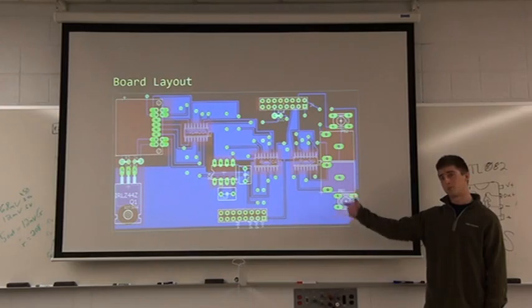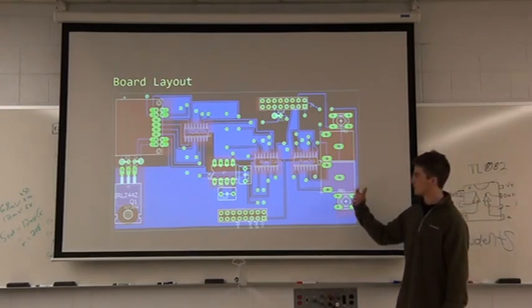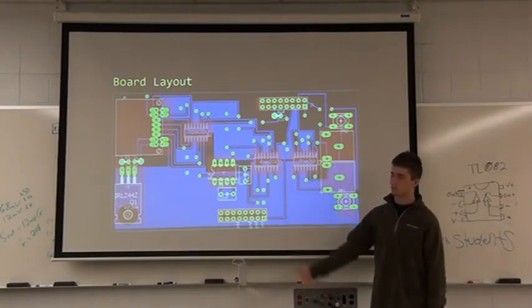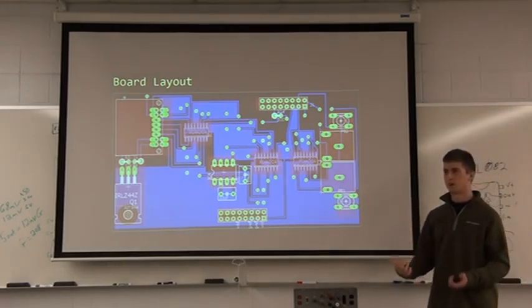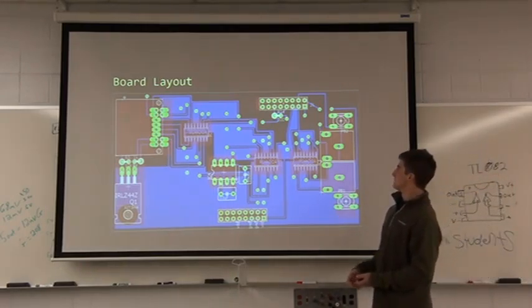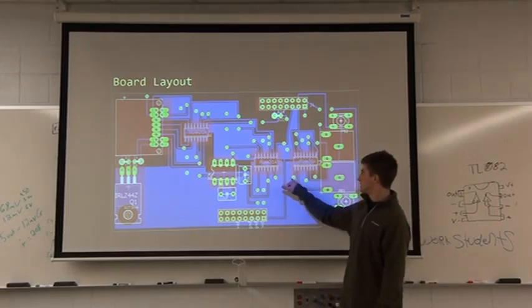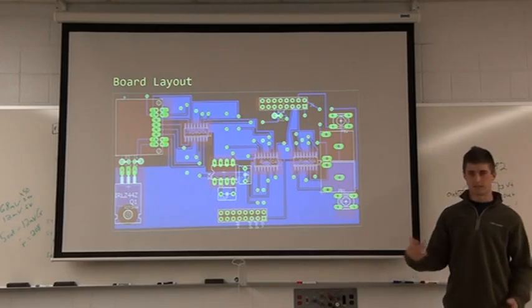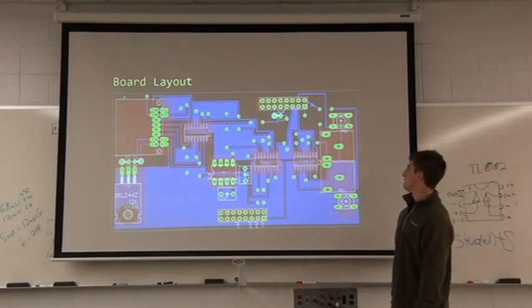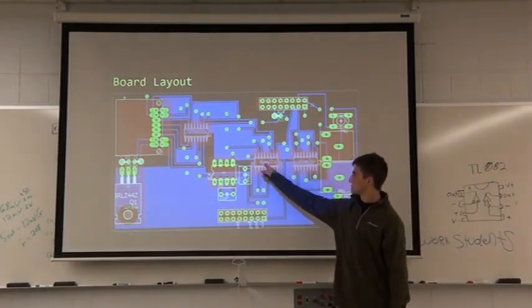I had to manually route all of the traces on this board because the auto router didn't quite exactly do what I wanted it to do. And so I made all the vias to be roughly 16 mils on the outer, so that then I could easily solder to them. Then these are those quad